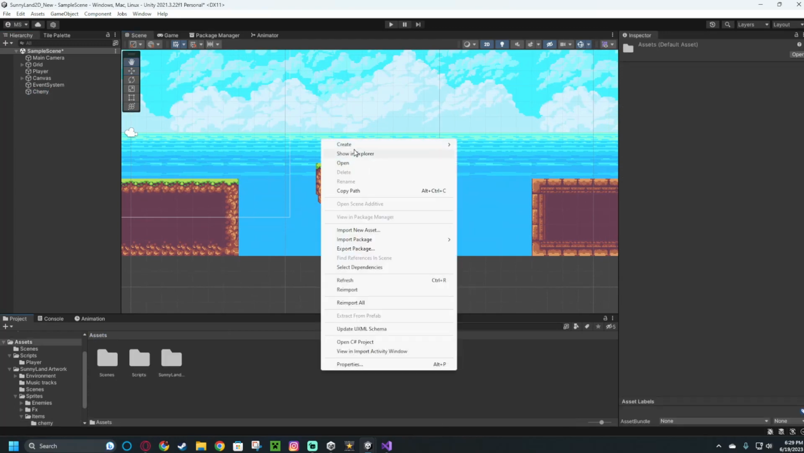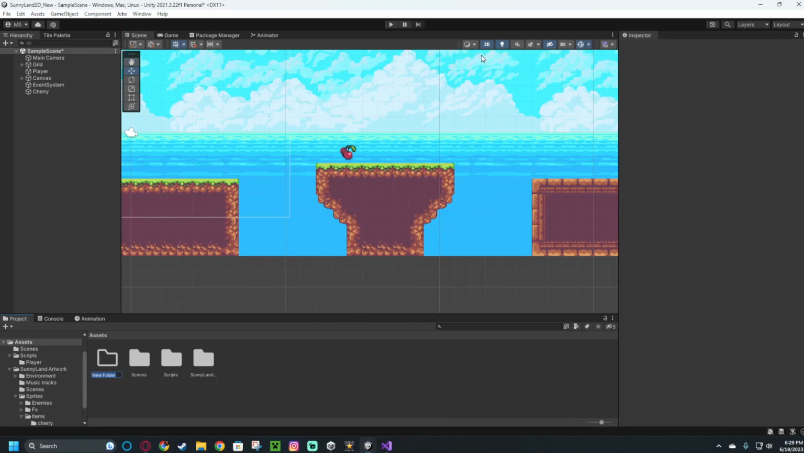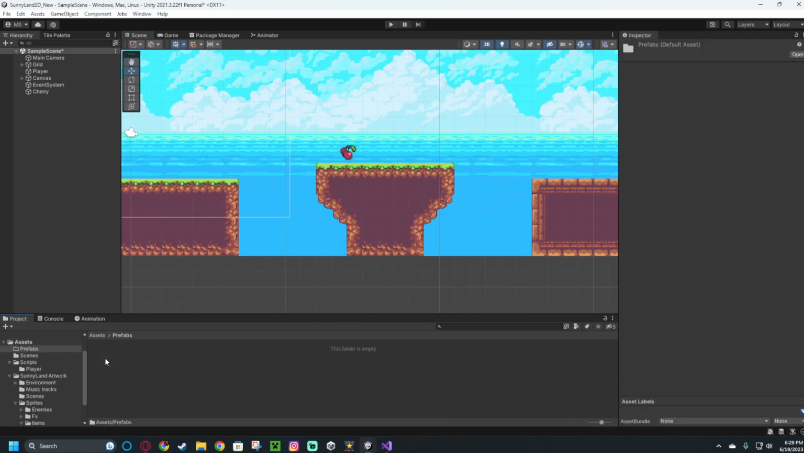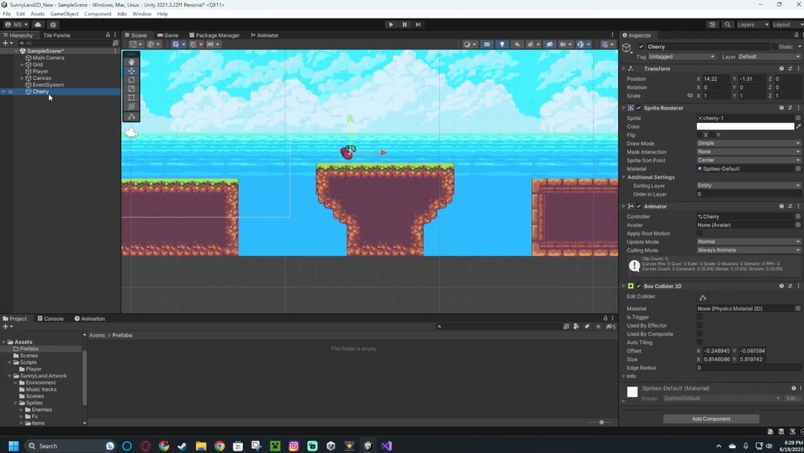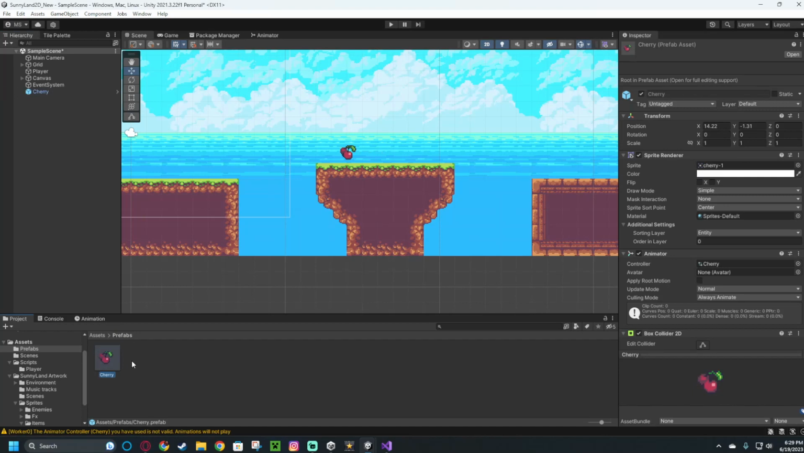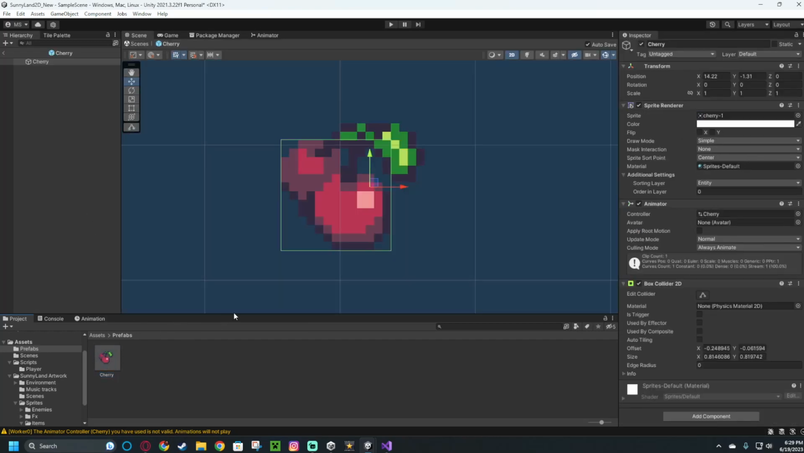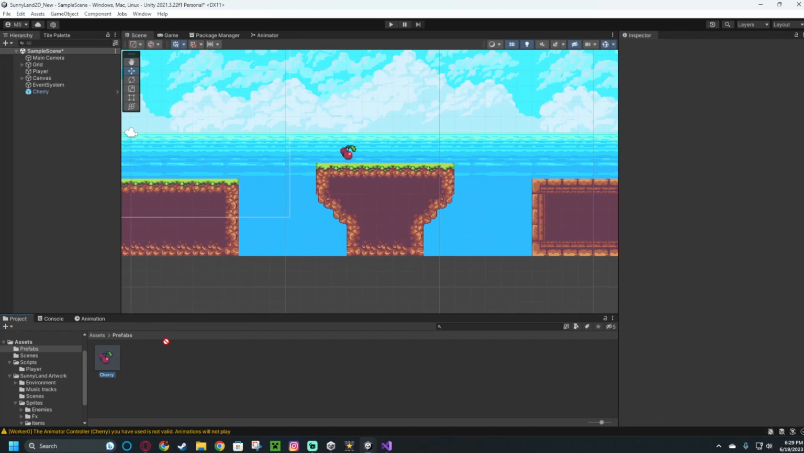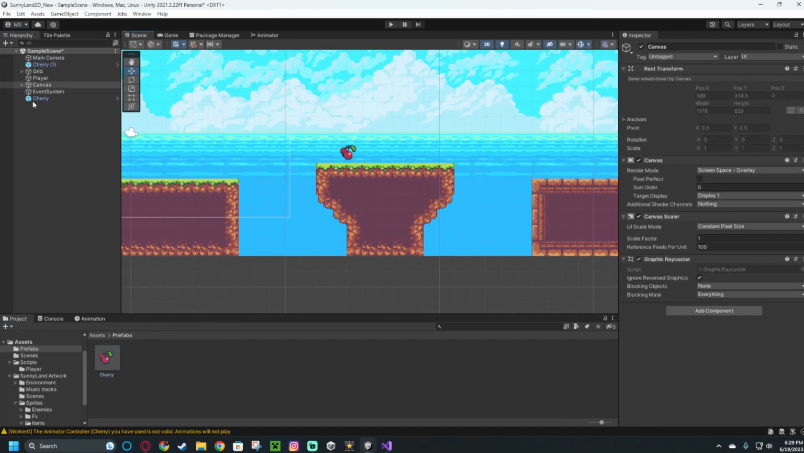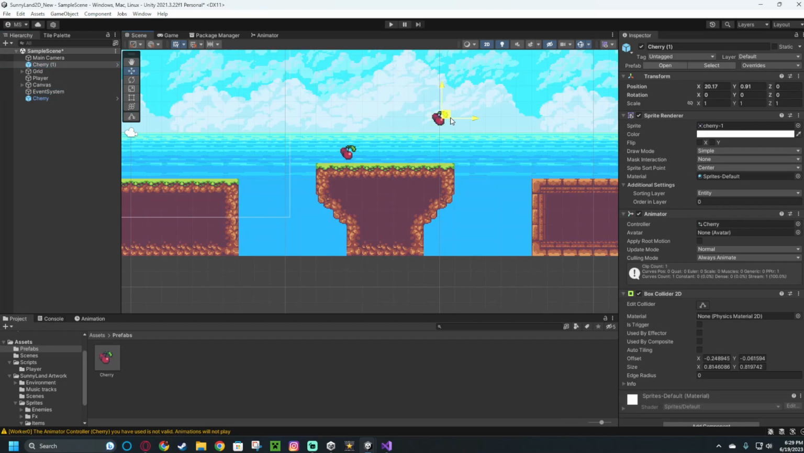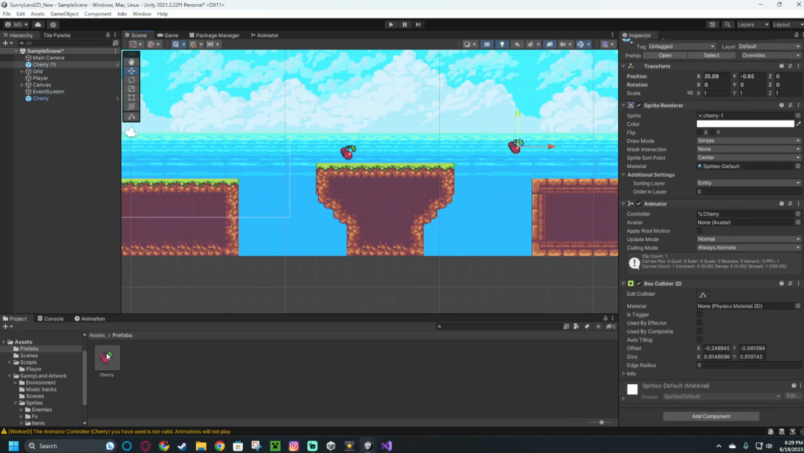Before anything else, let's create a new folder and call it prefabs. Let's open this up. Basically, a prefab is like any game object you can make duplicates of. So instead of pressing Control D a whole bunch to get multiple cherries, you could simply drag the cherry into this folder. You can then just drag and drop from the asset window, and they should have everything we have from the cherry